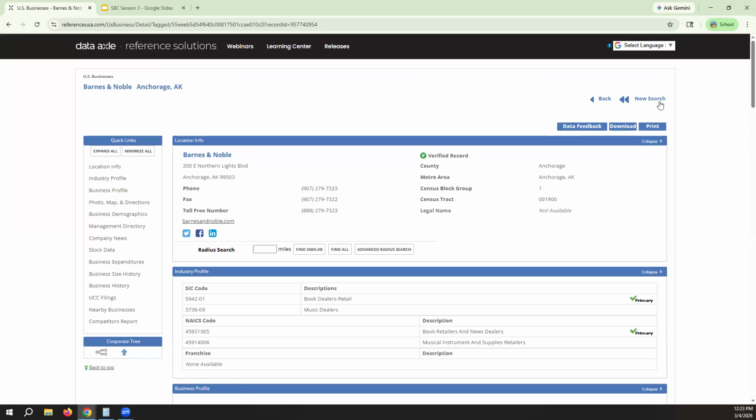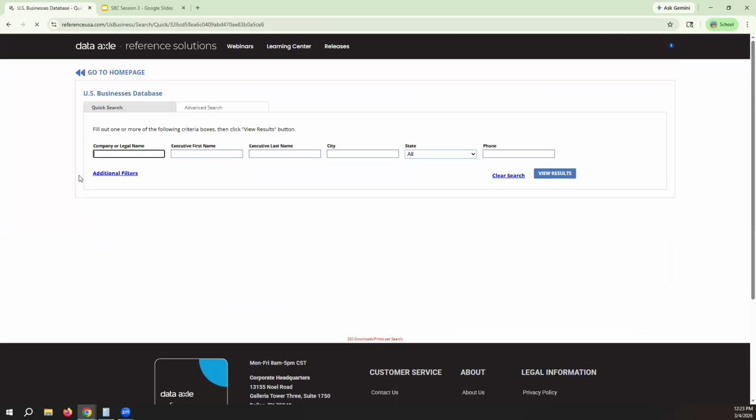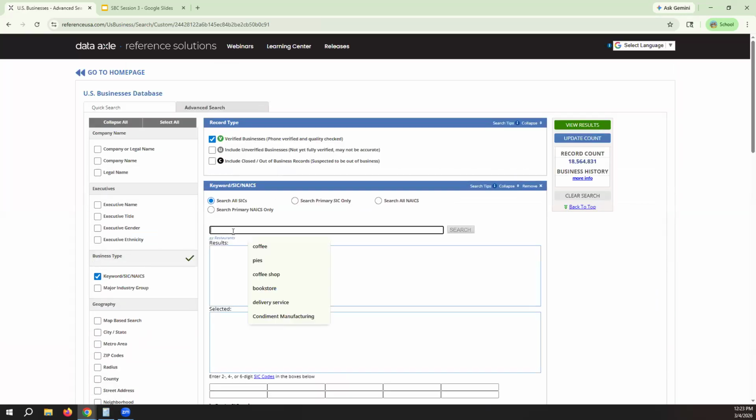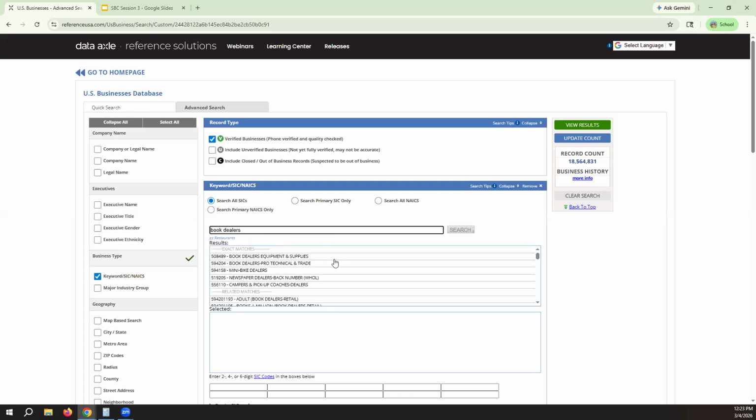Now I'm going to do a new search. Just come right back up to the top and click new search. And now I'm ready to go back to the advanced search and search my keyword a little bit more specifically. Book dealers. Now I'm going to search for that. And there we go right there.